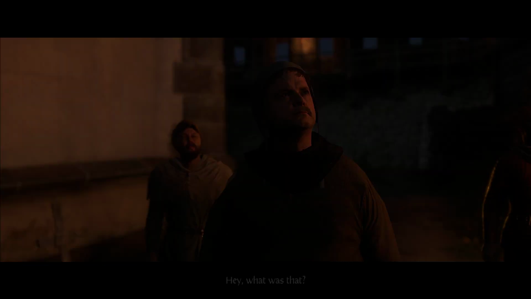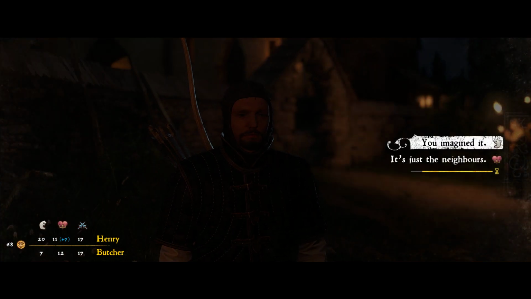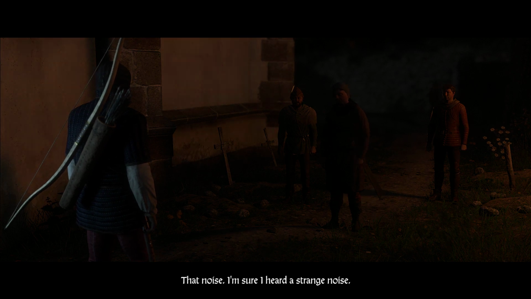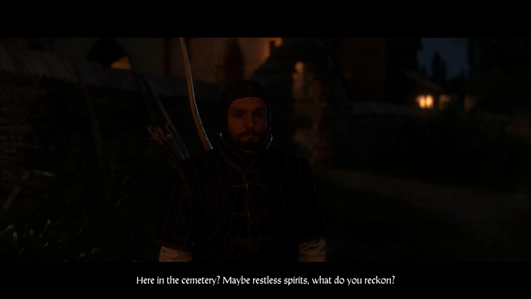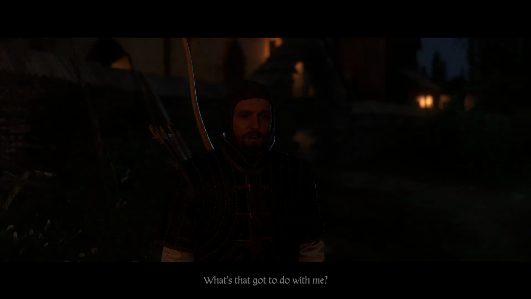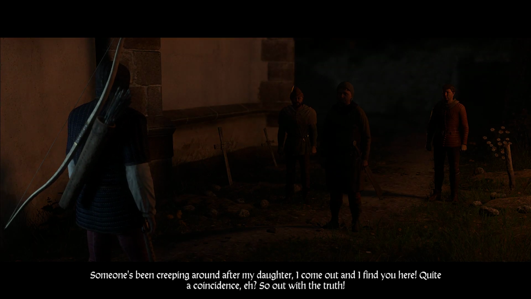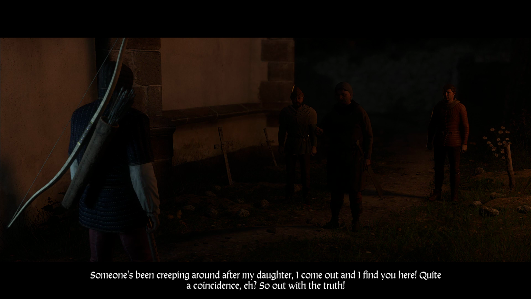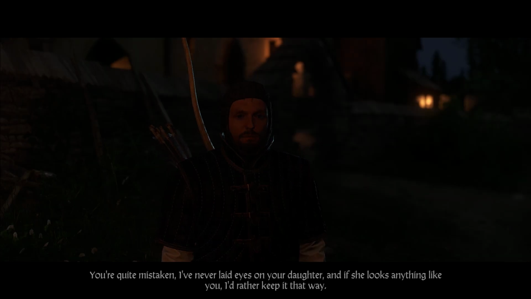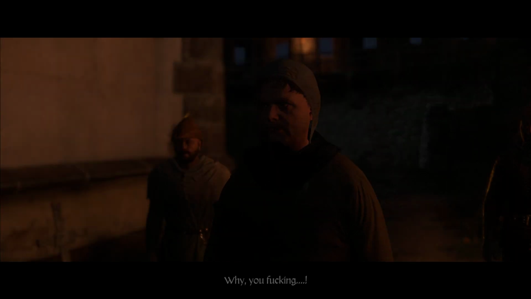Not so fast, Prince Charming. But, since you're here... Hey, what was that? What was what? That noise. I'm sure I heard a strange noise. We're here in the cemetery. Maybe restless spirits, what do you reckon? I'd swear it came from the window of my own house. What's that got to do with me? Someone's been creeping around after my daughter. I come out, and I find you here. Quite a coincidence, eh? So, out with the truth. You're quite mistaken. I've never laid eyes on your daughter, and if she looks anything like you, I'd rather keep it that way. Why, you fucking...